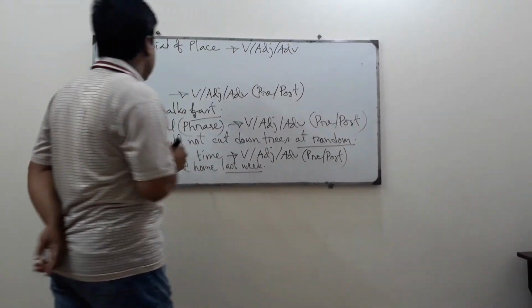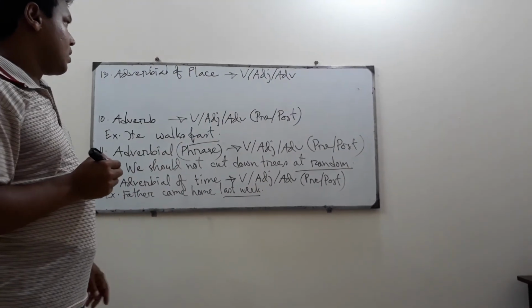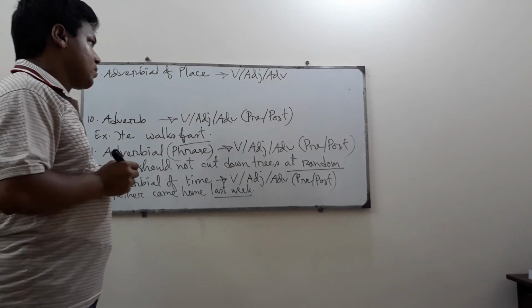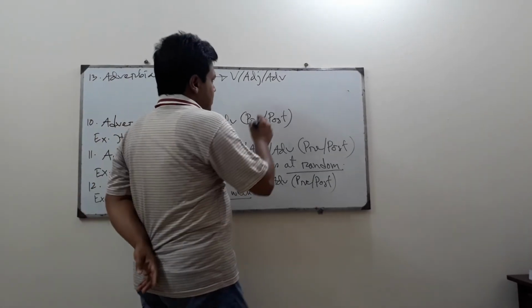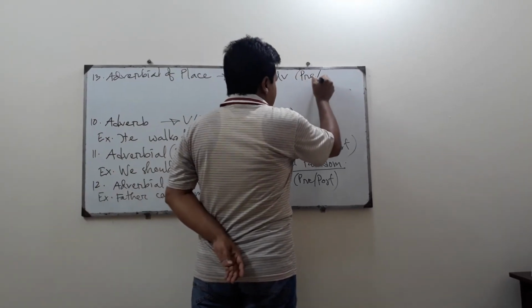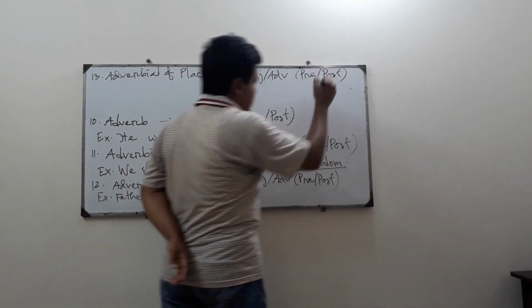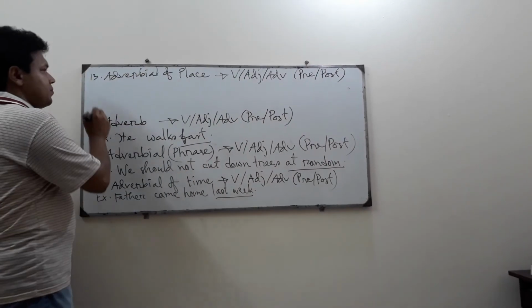It also may be a word or a phrase. That means an adverbial of place may be a word or a phrase and it may be a pre-modifier or it may be a post-modifier. Example: